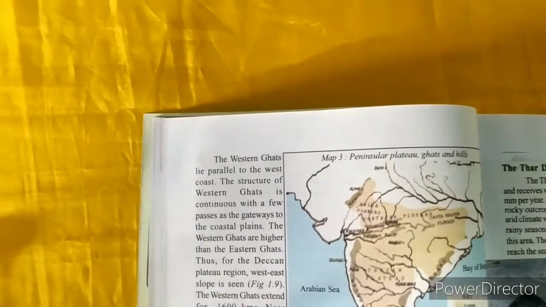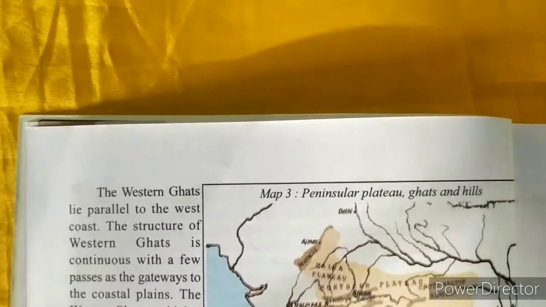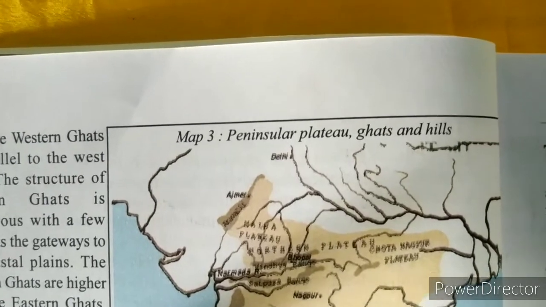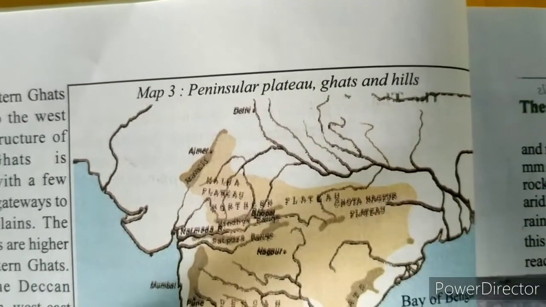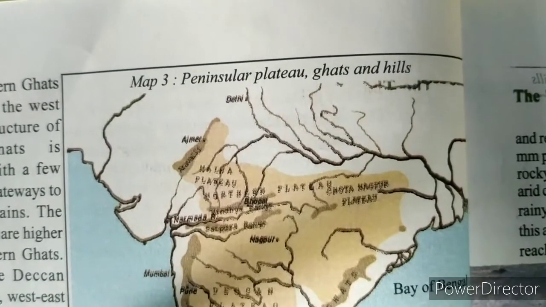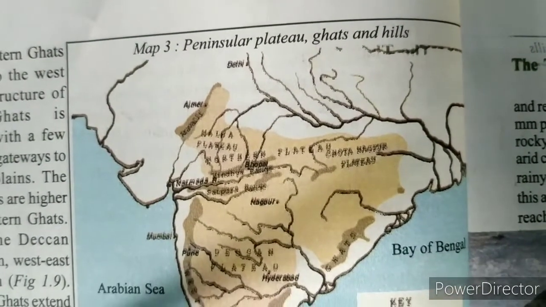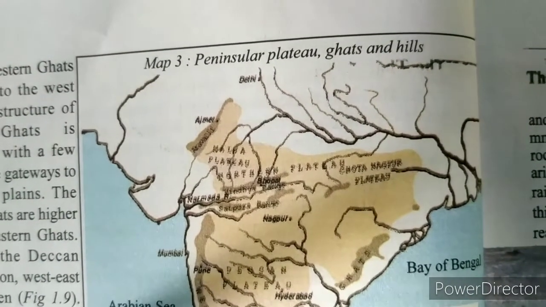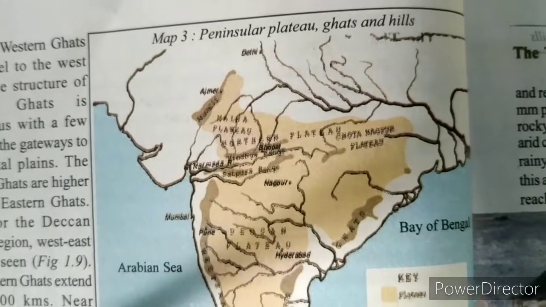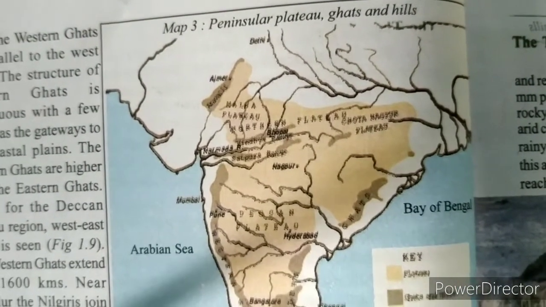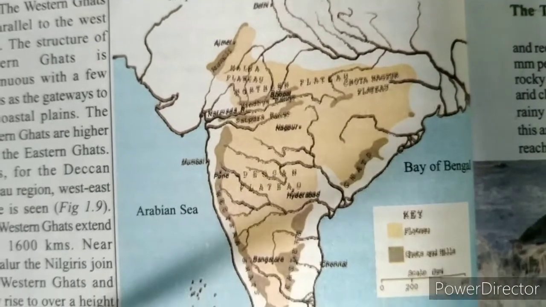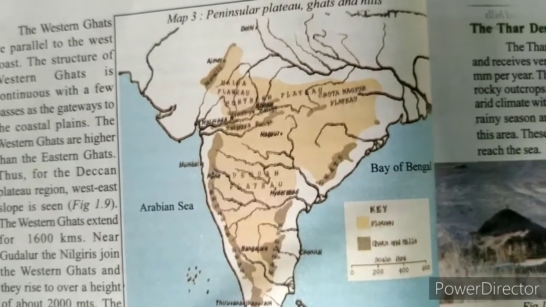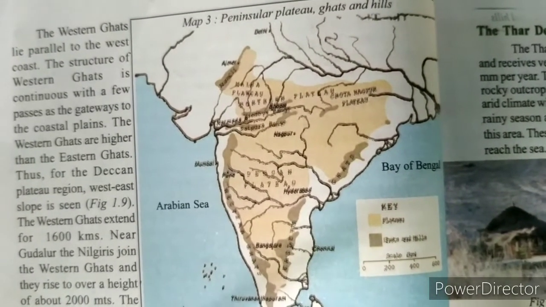The second one is the Peninsula Plateau. Peninsula refers to land covered on three sides with water. A plateau is a flat-topped region compared with a plain. The Indian plateau is generally called the Peninsula Plateau because the peninsula is covered with water on three sides. It consists of metallic and non-metallic rocks, and also hard igneous and metamorphic rocks. The peninsula is divided into parts, for example the Malwa Plateau in the center, Chota Nagpur on the east, and the Deccan Plateau on the south.